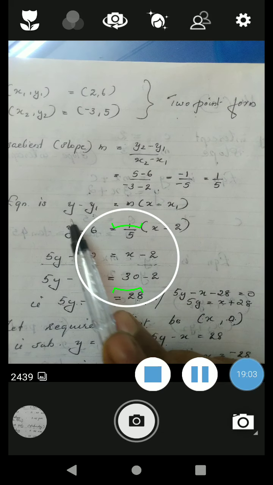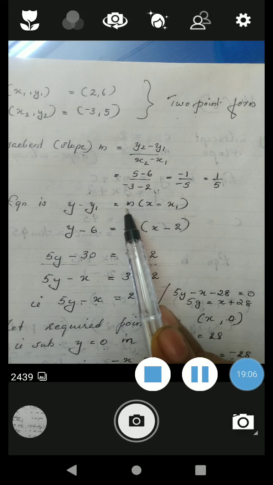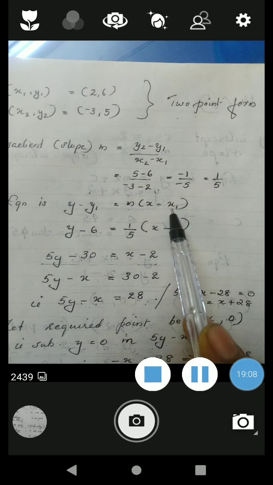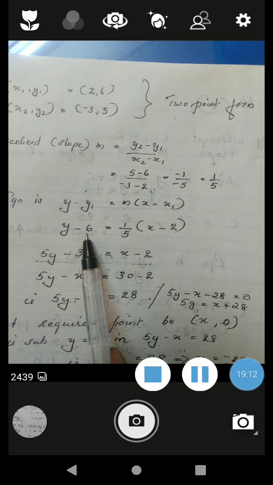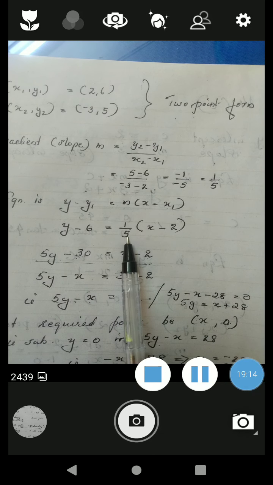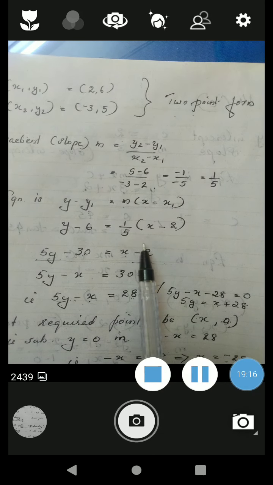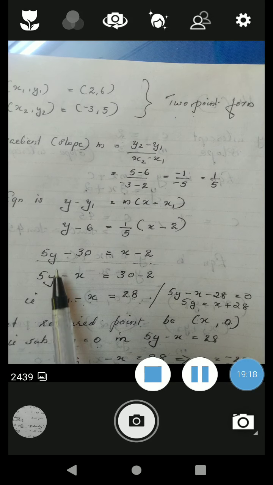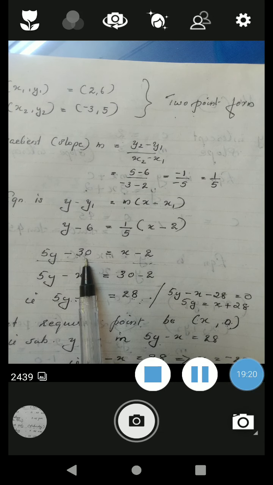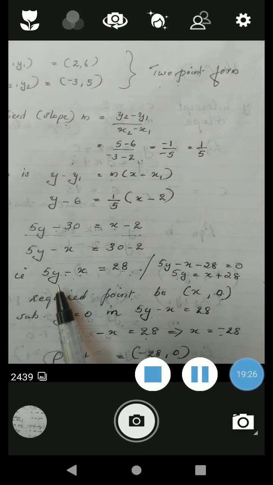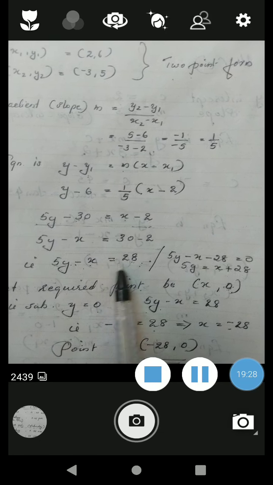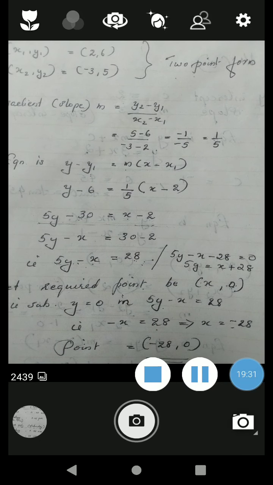The equation is y minus y1 is equal to m into x minus x1. That is y minus 6 is equal to 1 by 5 into x minus 2. That is 5y minus 30 equal to x minus 2. At last, you will get 5y minus x is equal to 28. Then,